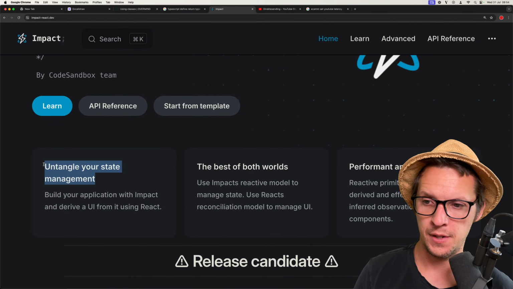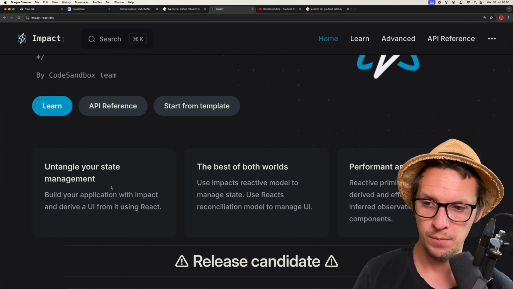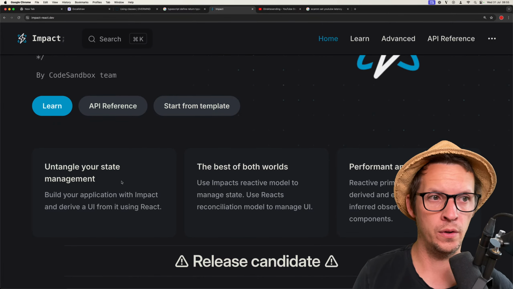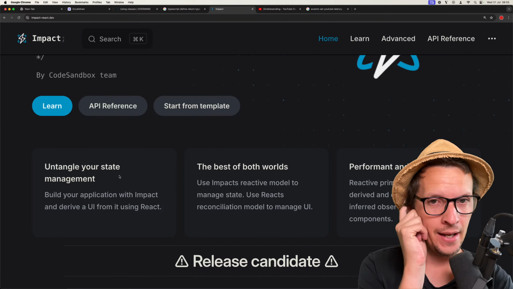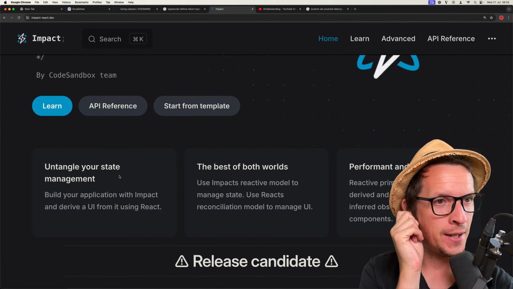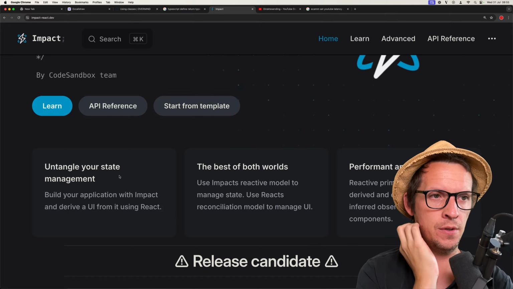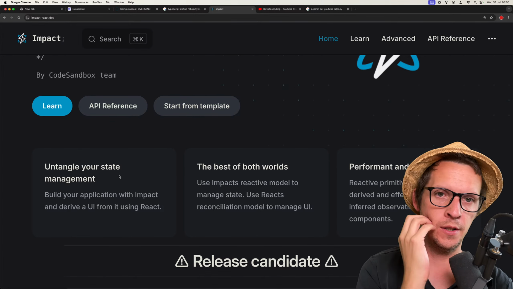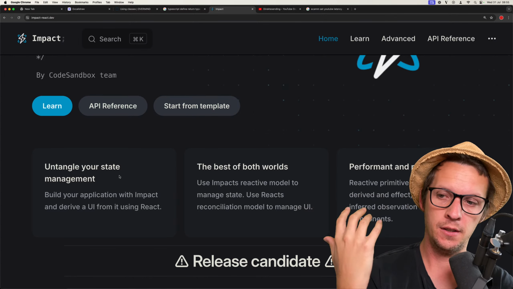And "untangle your state management" is still the same statement. I think that's a much better statement than "global". I think that's also a good perspective, more disposable, because that defines why it's global. It's because it persists globally, right?